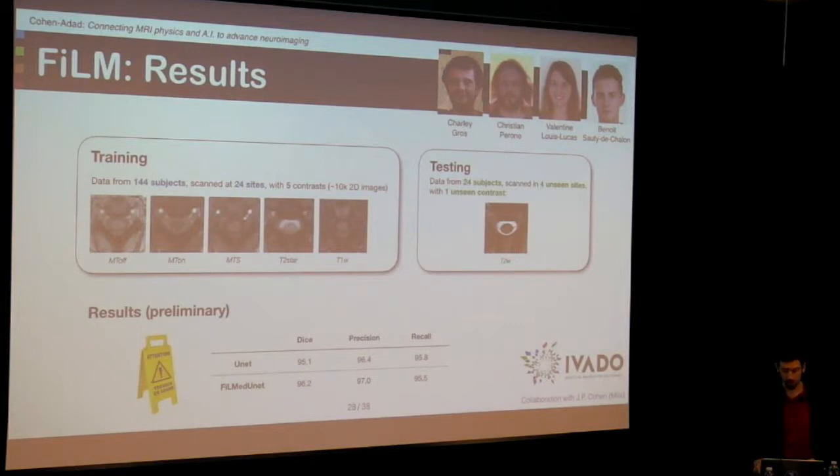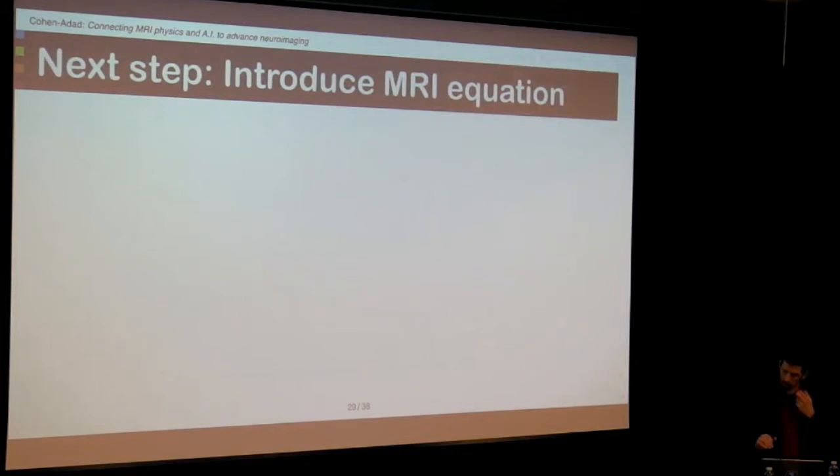The implementation is there. So now we need to sit and discuss what could be the next steps. And there are obvious limitations in this current approach. One of the limitations that I see, and that we've discussed, is that the current architecture does not take into account the interplay between the parameters. We know that the TR, the flip angle, all the MRI parameters are related to each other. And if the TR changes in one way, the flip angle changes in another way, the contrast will change with respect to those two parameters. So we need to find a link between those parameters. That would also help